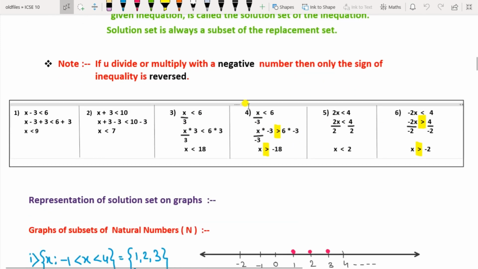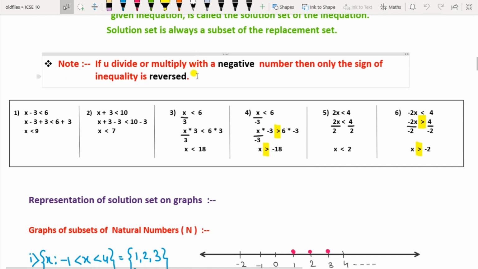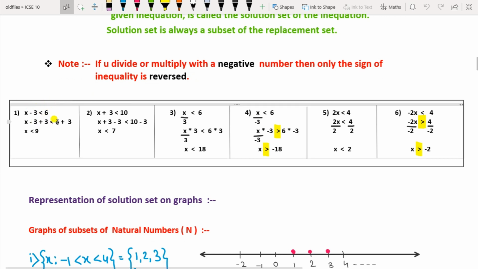Now there are some properties of inequations that you must remember while solving them. To find the value of x, the variable should be made the subject, so all the other numbers related to the variable should be taken to the other side. While doing so, if you add, subtract, divide or multiply with a positive number, the sign of inequality from the question will not change. But if you multiply or divide with a negative number, then the sign of inequality is reversed.